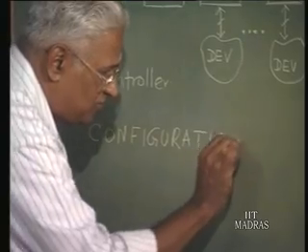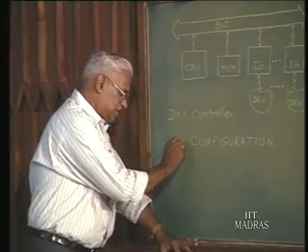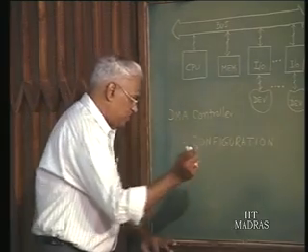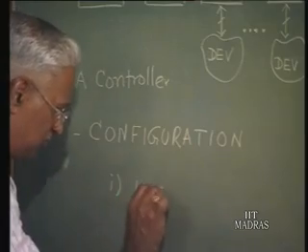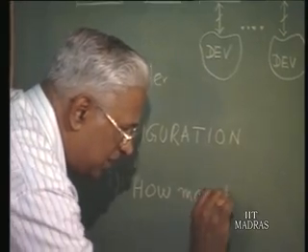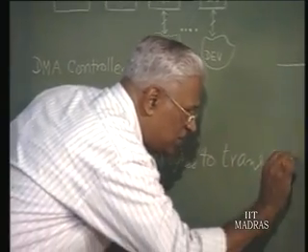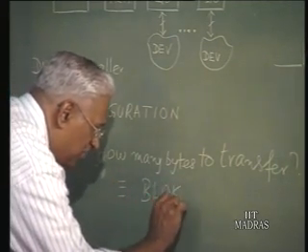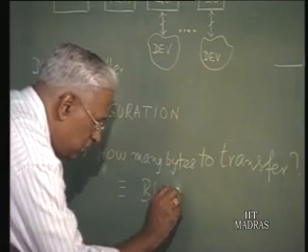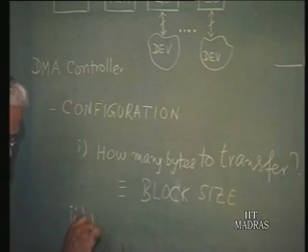We have always talked about two phases during I/O. One is the configuration phase and the other is the actual data transfer phase, agreed. So, during configuration these two things must be done, that is, we had already mentioned this earlier. What is that? First, how many bytes to transfer, okay, assuming it is only bytes. In other words, what is the block size, the same thing as saying what is the size of the block of data, right, block size. What else? And then where exactly it is to be stored, where to store,